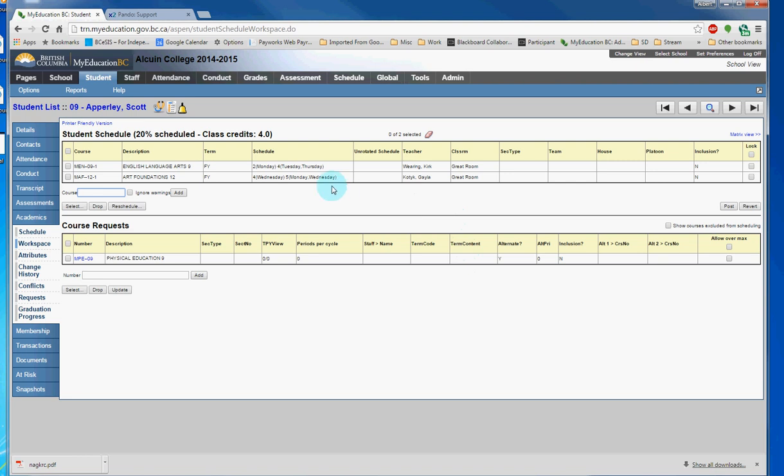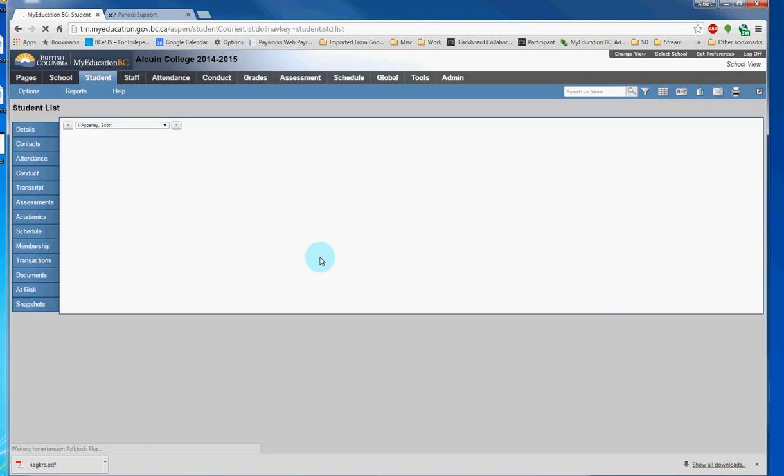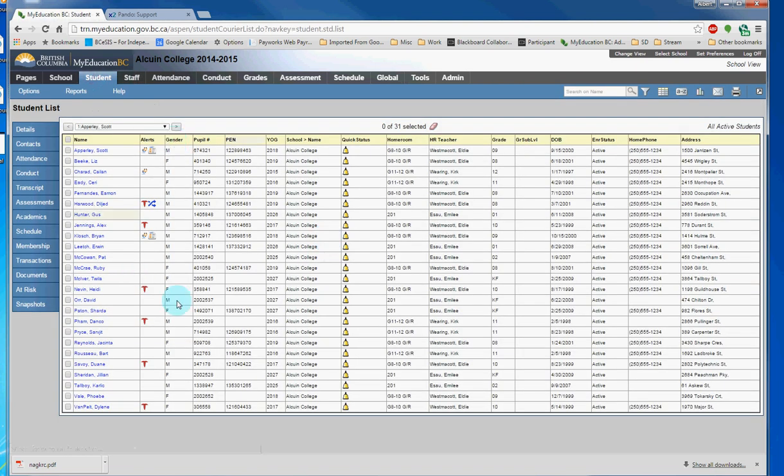Now we're going to look at how to enter a bunch of students into a bunch of courses. The best way to do this is to create a snapshot of each grade. This works well if all of your grade 8s will be attending a set batch of grade 8 courses, which is often the case. So the first thing I'll need to do is filter for all of my grade 8